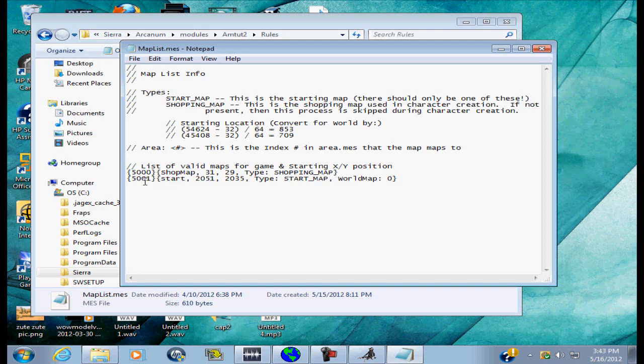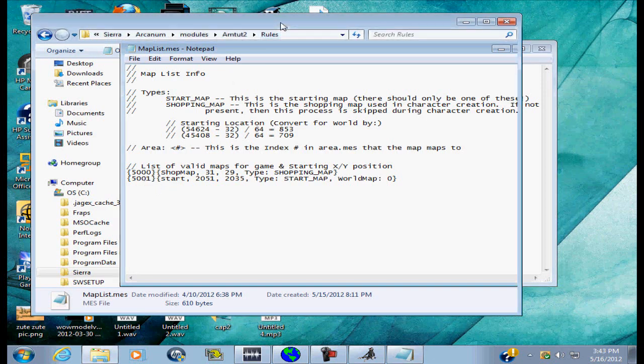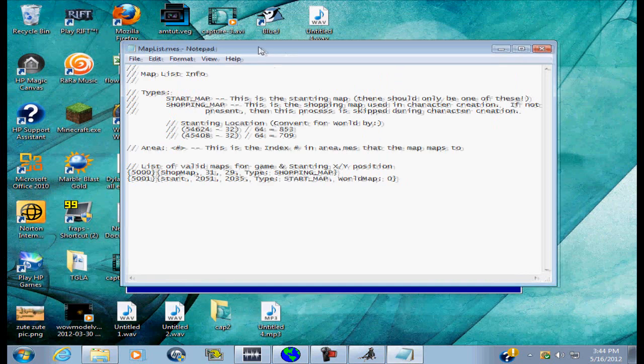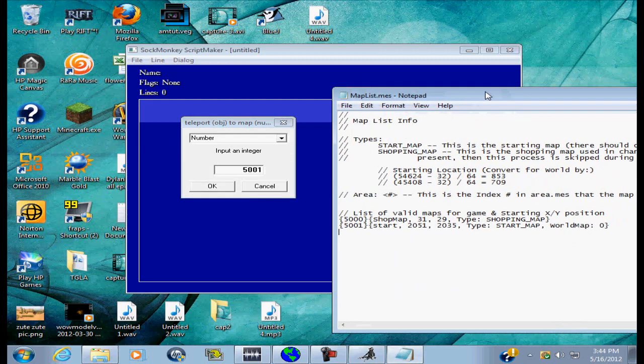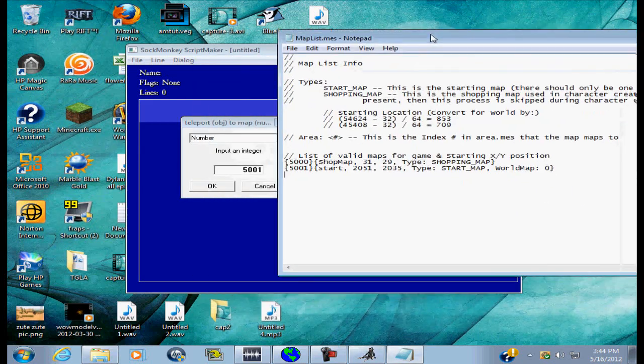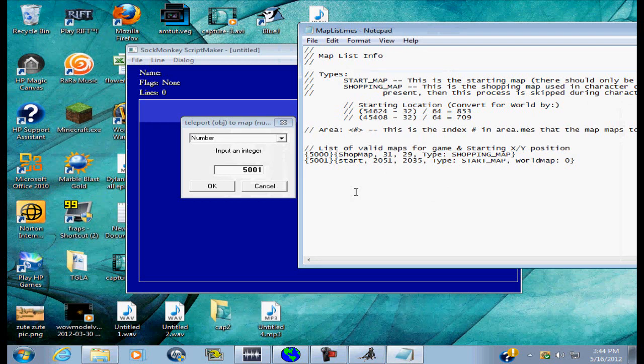5001 is the map that we made. So, the map is going to be 5001 because it is a multiplayer server, or a multiplayer map, I should say. If you want to make a single player map,